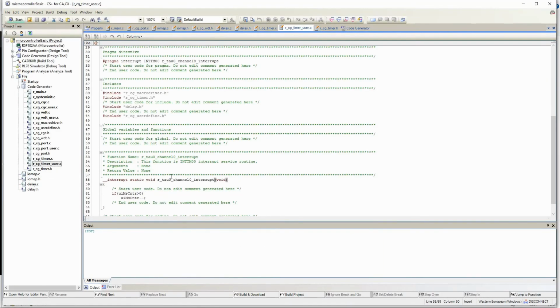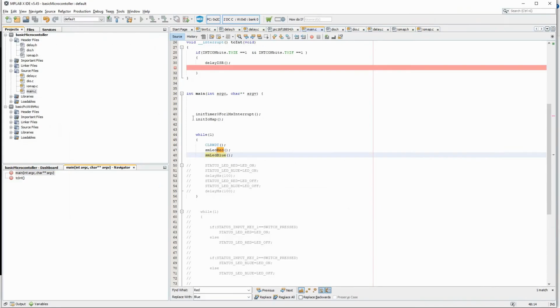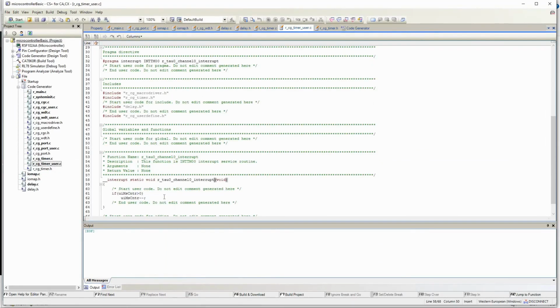Now let's quickly do this in Renesas CS Plus and also check. The code is very generic, so it should work in both of them. Just to follow that, we did it in Microchip, we'll also do it in Renesas. So let me create a file here.